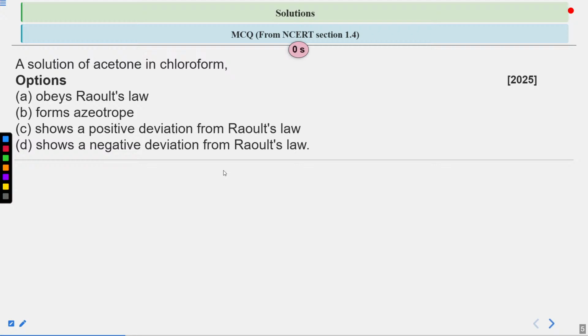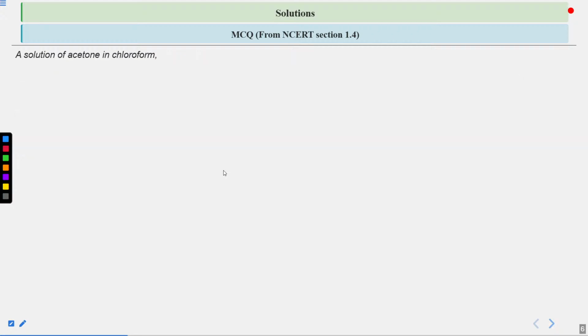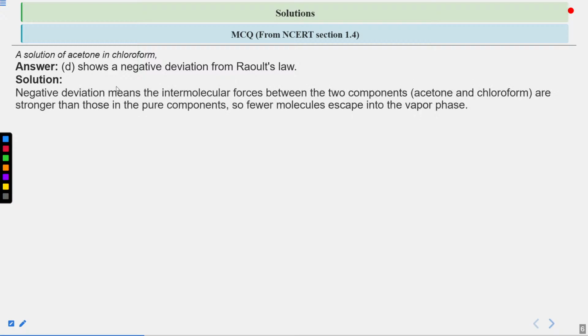Okay, so let's see. For the given question, the correct answer is option D, which shows a negative deviation from Raoult's law. Negative deviation means that the intermolecular forces, meaning the forces between one molecule and another molecule, between the two components,